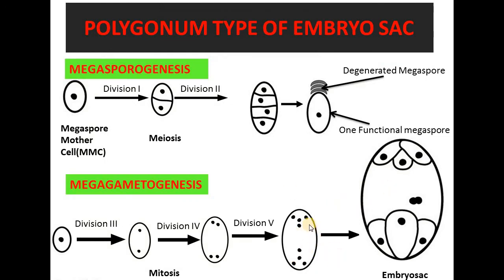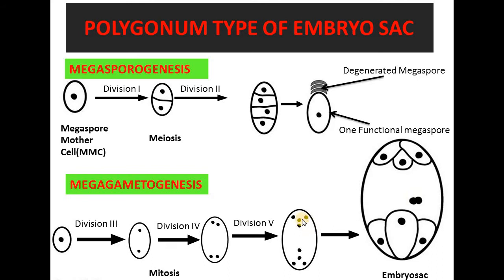Now the arrangement of the nuclei with the cells is in this next diagram. This is the final embryo sac in which you can see the cells are produced. How will the structure be produced? One nucleus from the micropylar end will move towards the center of the cell, and one nucleus from the chalazal end will also move towards the center. So 2 nuclei will be arranged in the center of the cell and they will form the central cell, which is also known as the secondary nucleus.